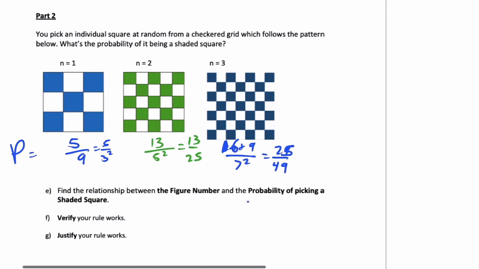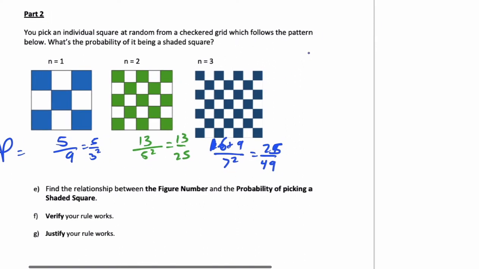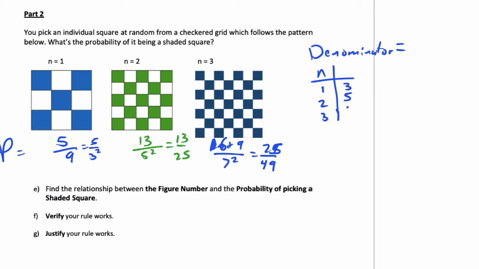The denominator is obviously powers of 2, but it goes 3 squared, 5 squared, 7 squared. So let's do a rule for just those things. In figure 1, 2, 3, we've got 3, 5, 7. The rule for that is,